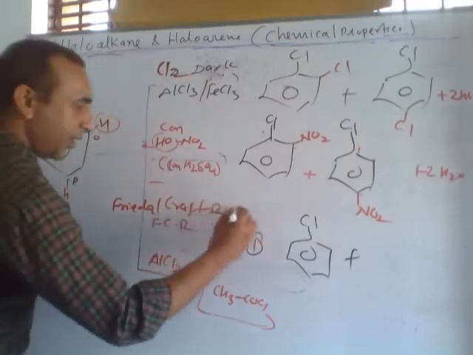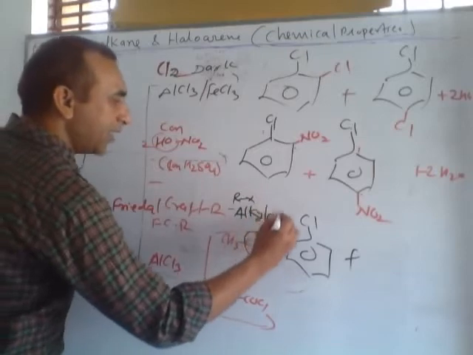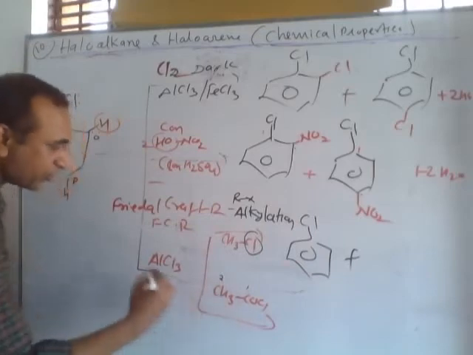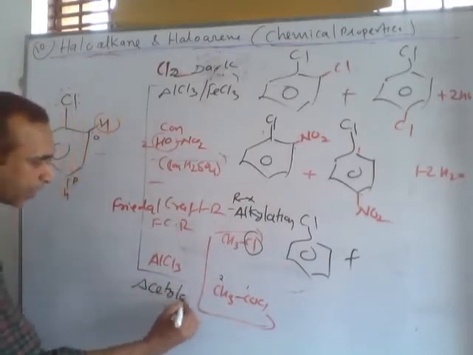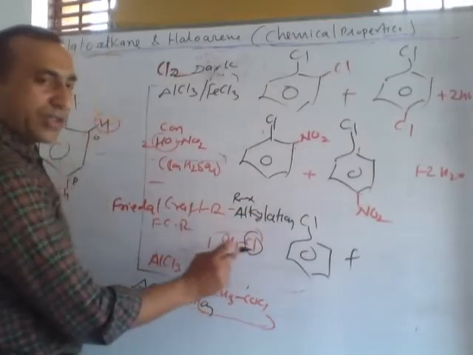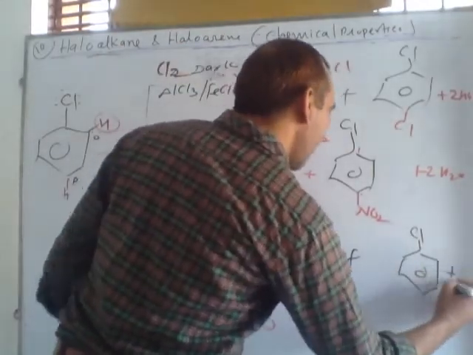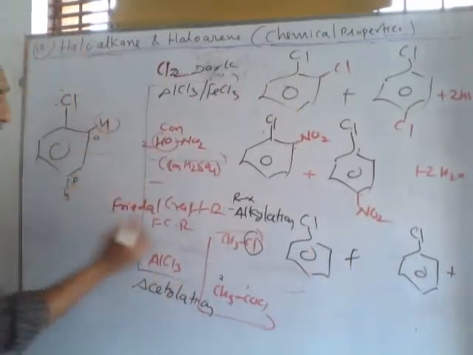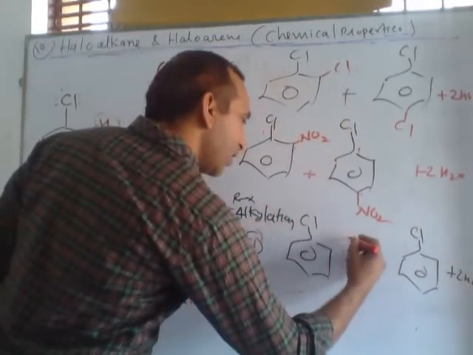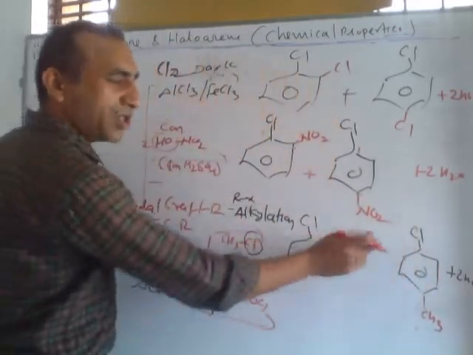Friedel-Crafts is of two types. If the reaction is with RX, it is called the alkylation Friedel-Crafts reaction. If the reaction is with these compounds, this is acetyl chloride, so the reaction is called the acetylation Friedel-Crafts reaction. In case of alkylation, meaning alkyl chloride, this is methyl chloride, these two products are formed along with removal of hydrogen and chlorine as HCl. In the first compound here CH3 is connected, in this case here CH3 is connected. Can you guess the name of these two compounds?